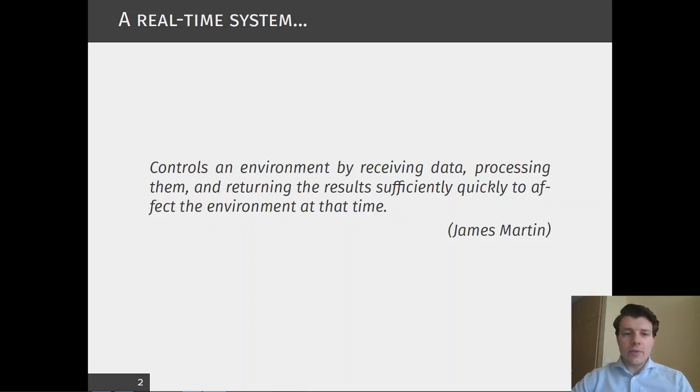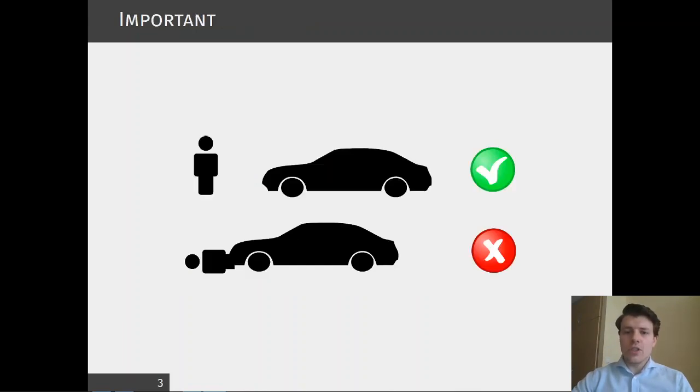So, a real-time system controls an environment by receiving data, processing them, and returning the results sufficiently quickly to affect the environment at that time. So if we, for example, take an autonomous car, we'd like for it to be able to look at what's in front of it, detect a person, and brake before it hits that person. So that puts some limitations on the programs it runs so that they finish their work before the car hits